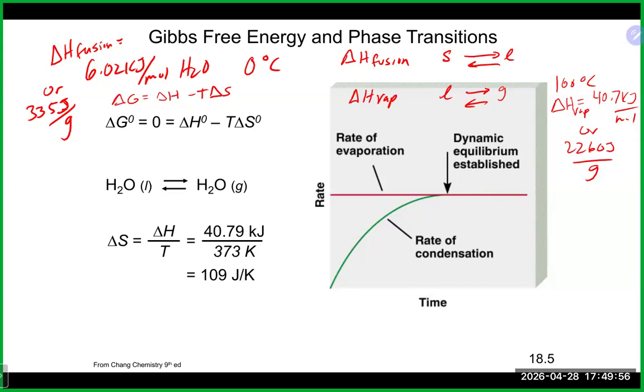Basically, both phases are in equilibrium with each other. So at 0 degrees Celsius, for example, with water, you have liquid water and ice crystals happening. And because of that, remember at equilibrium, our delta G will equal 0. So if we rearrange this equation and solve for the delta S, it will equal our delta H divided by